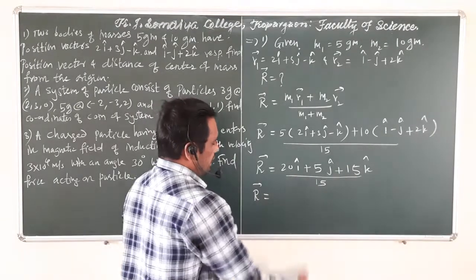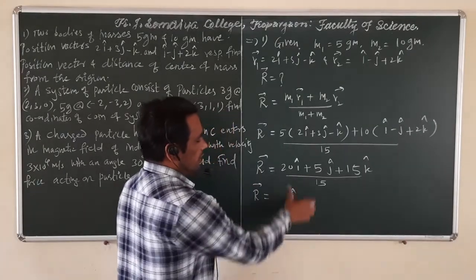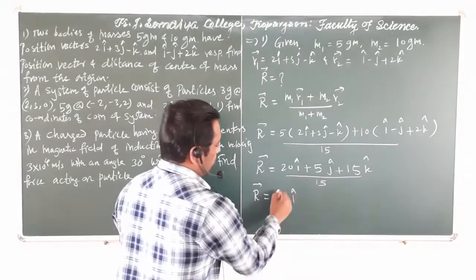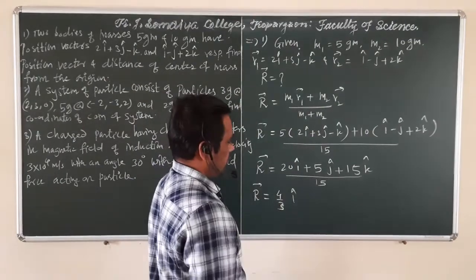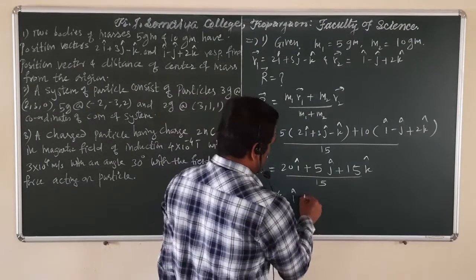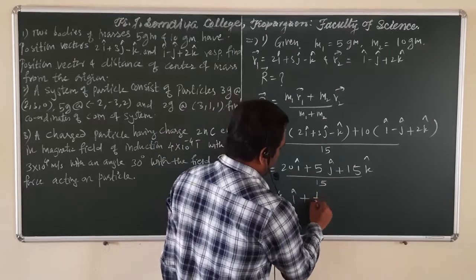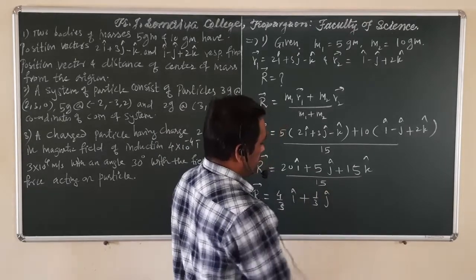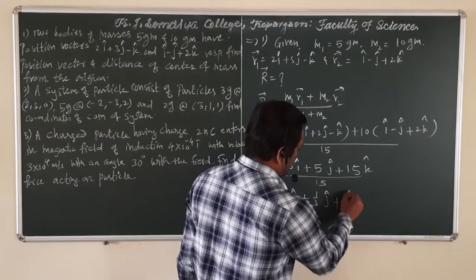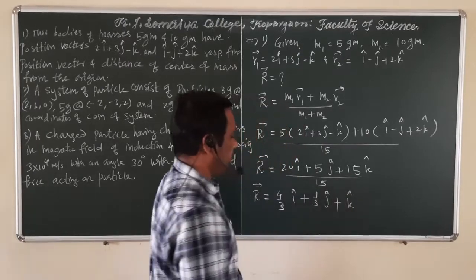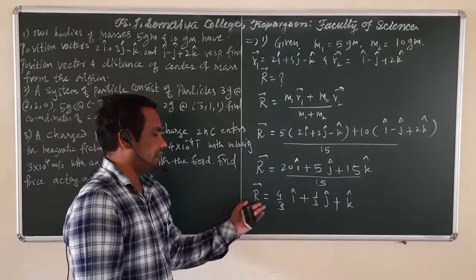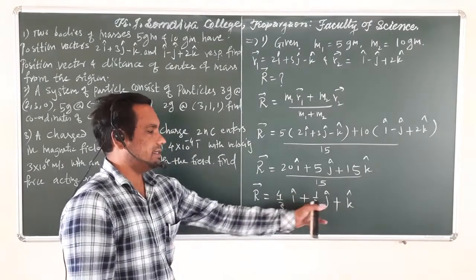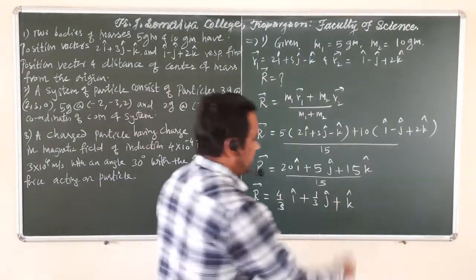Multiplied by i cap. So 20 upon 15 is 4 by 3, plus here 5 upon 15, which is 1 by 3, and plus here we have 15 upon 15, which is 1. So vector R is 4/3 i + 1/3 j + k cap, and the magnitude of